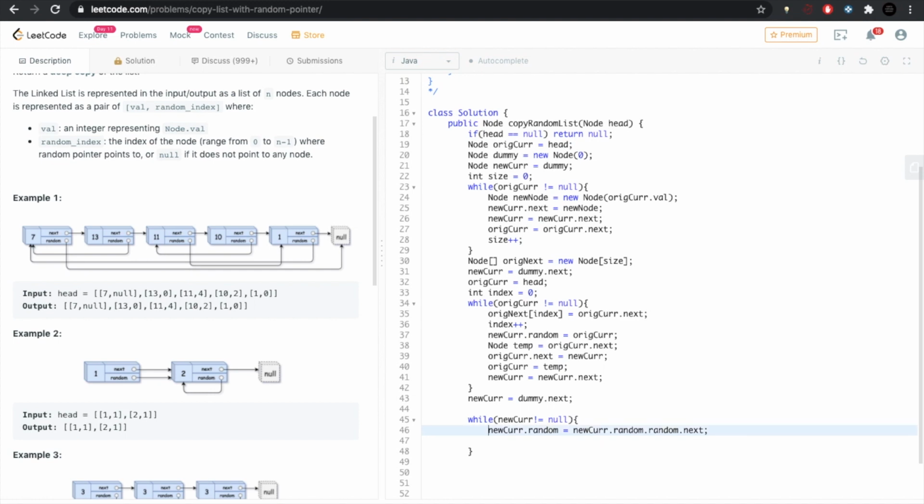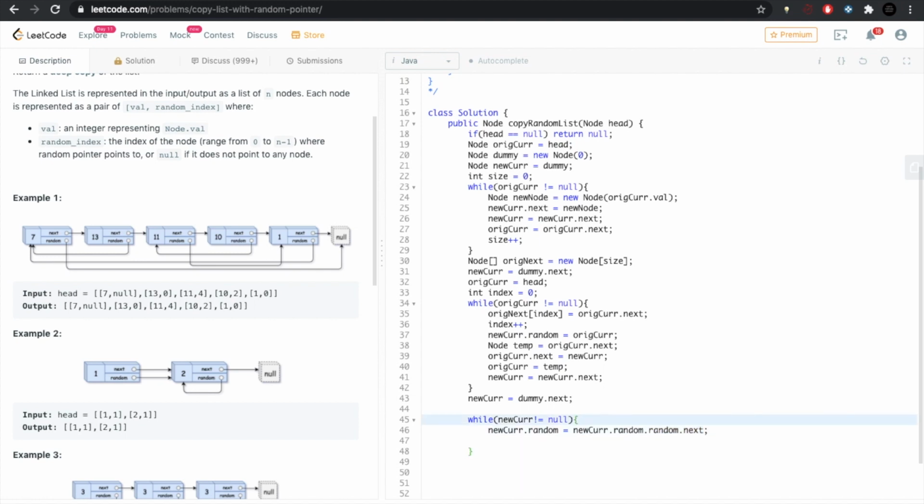So this line fixes the random pointer of the new nodes, but there is an issue here. What if the random node which is being pointed in the original list is null? What if new cursor's random is null? Here, if we just blindly do random dot next, this is going to throw a null pointer exception.